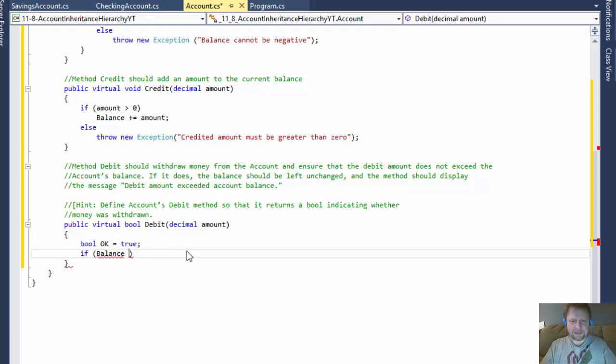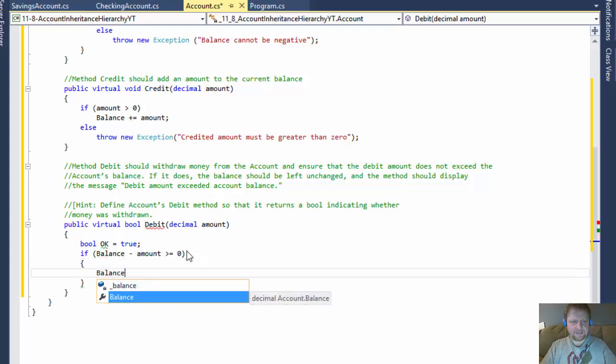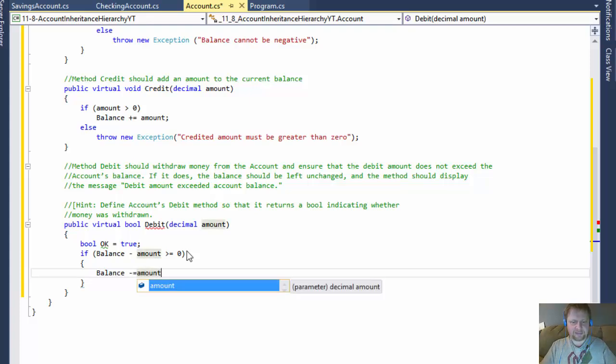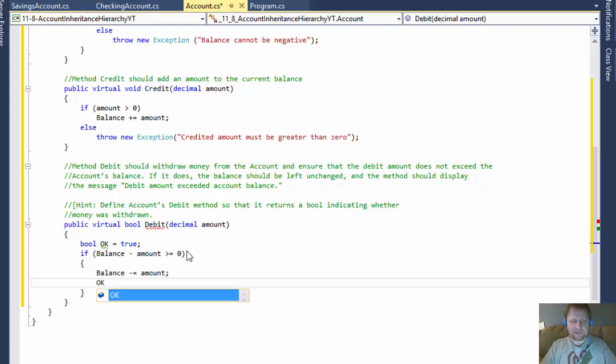Okay, so if our balance minus the amount is greater or equal to 0, then we will simply proceed. We will deduct the amount from the balance, and we will return true. Okay, OK will now equal true. Else,